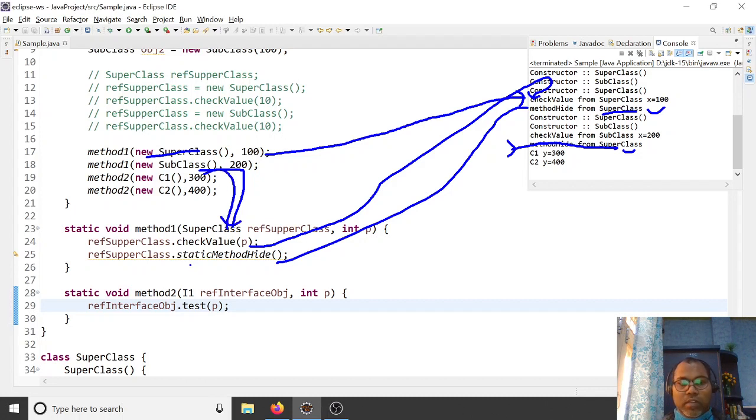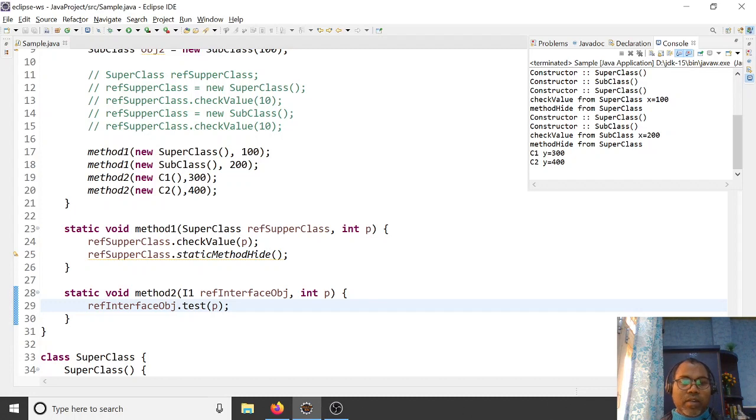So why? This method does not depend upon which object you are passing. This is a reference from your class name, super. This is the reference of your super. It always invokes your superclass reference, doesn't matter which object you are passing. The static method is always invoked from the type of the class. This reference type is static, so it is always invoking the static method. It does not depend upon which object you are passing, superclass object or subclass object. The static method only depends upon which reference you are invoking. In both cases you are invoking the superclass.